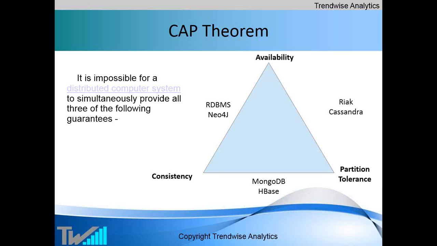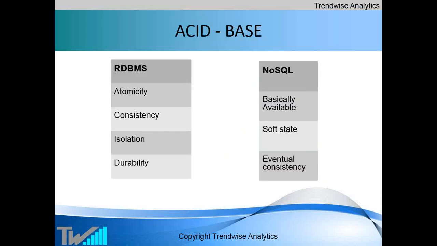For example, RDBMSs are very good with availability and consistency, but when partition comes, they are not so good. And Neo4j, by the way, is also somewhat along those lines. That is one of the limitations of graph databases. Whereas if you take Cassandra, they are very good in availability and partition, but probably not in consistency, and so on. So that is the CAP theorem, one of the jargon terms you learned.